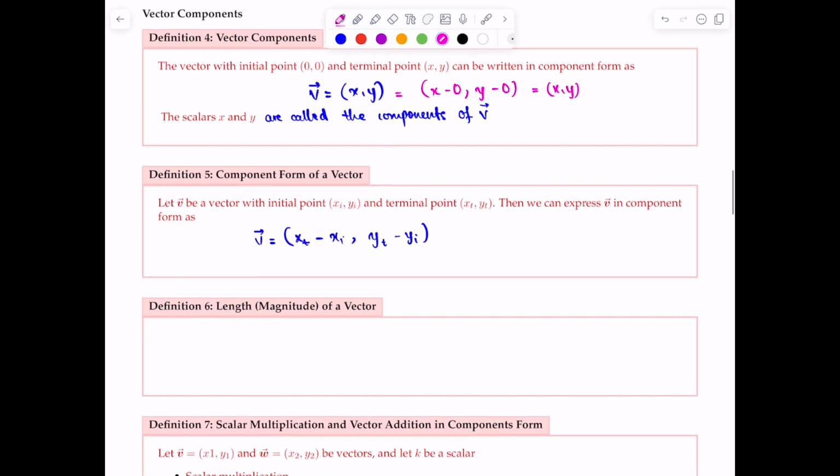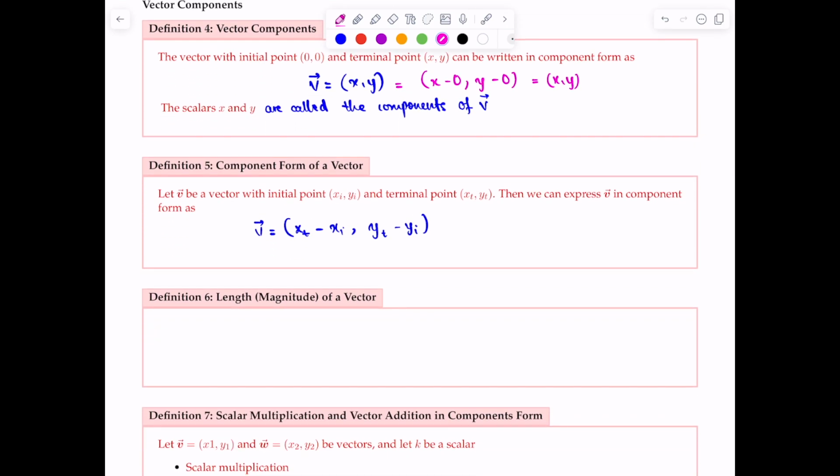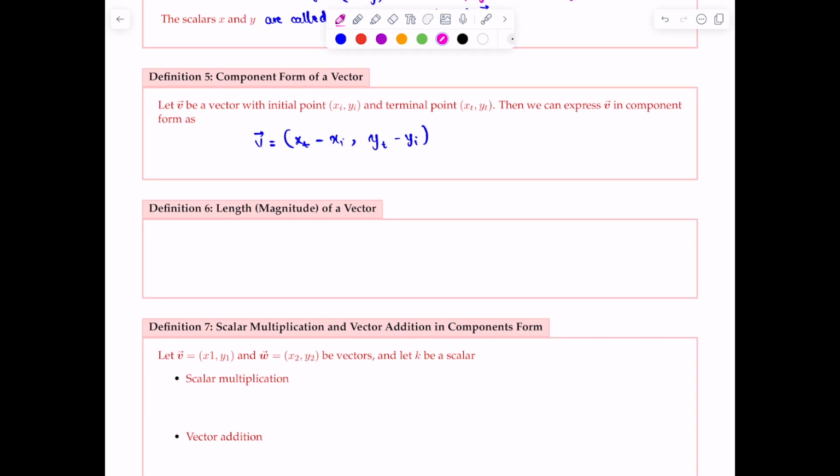From the definitions that we have at the beginning, a vector consists of direction and also magnitude. You know the direction when you calculate the value of the components of the vector. You see the initial point and the terminal point, but what is the length of a vector, or in other words, what is the magnitude of the vector? So the next definition is going to give you the formula to calculate the length of a vector. So the length of a vector in the form v equal to x, y is given as,